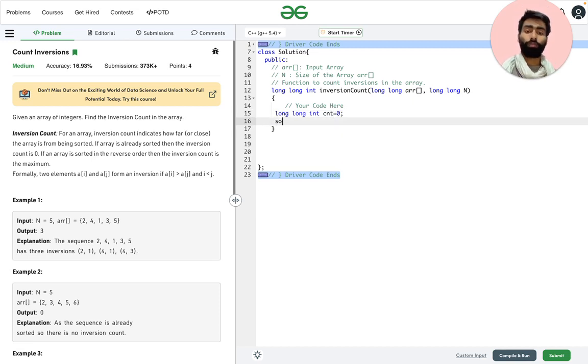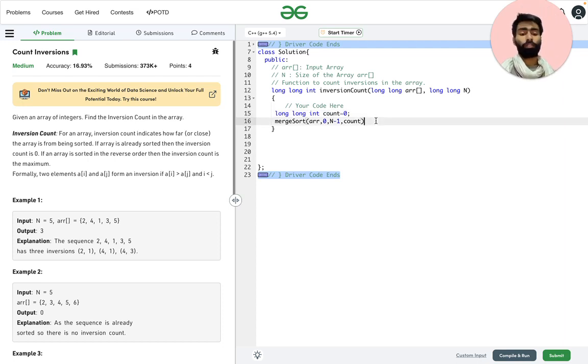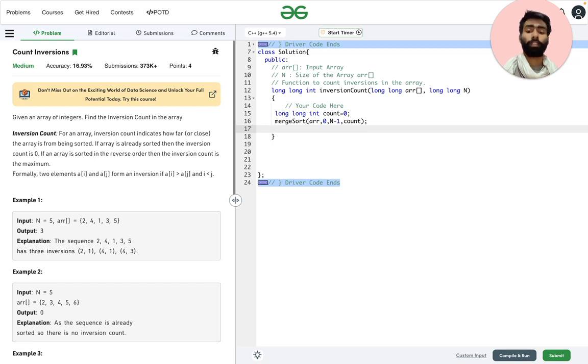Now we need a solution to the question. Merge sort, that is the solution. It will be passed the array, a starting index 0, ending index n-1, and count. Once we get count updated from there, we will return it.